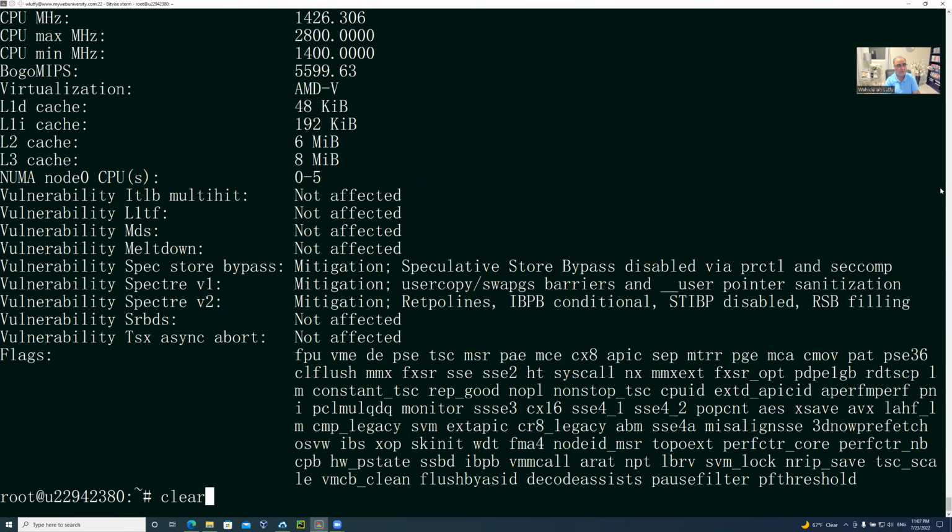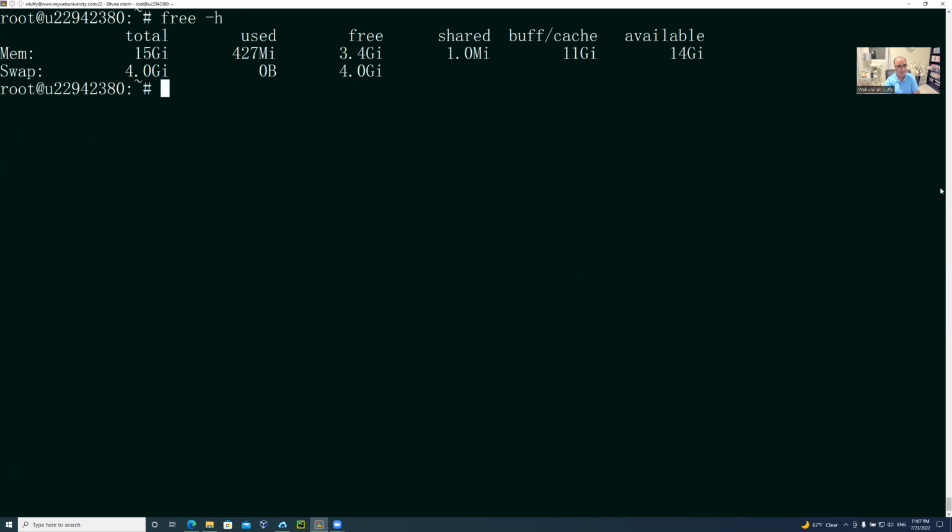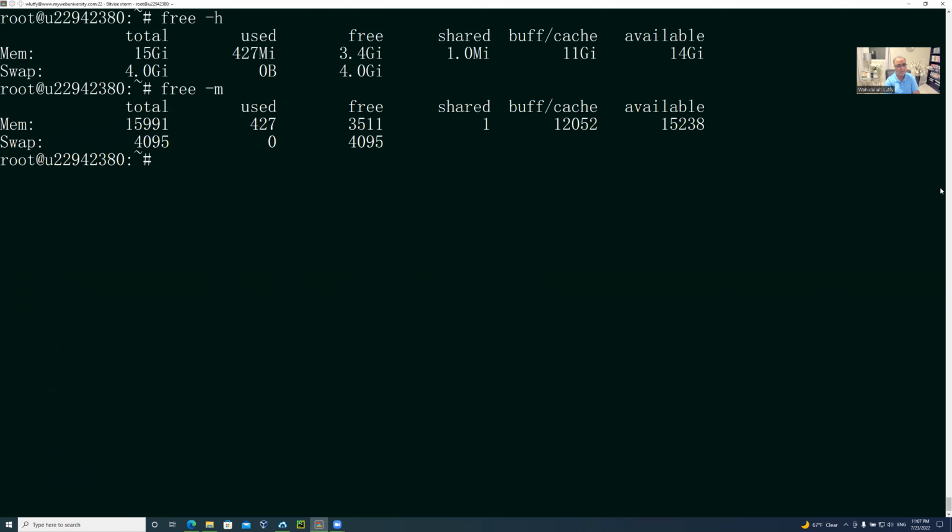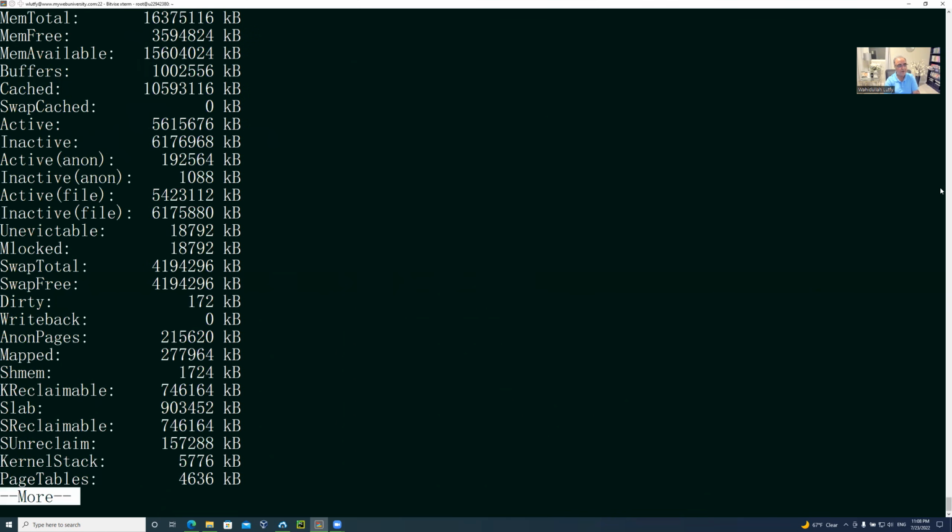And then similarly, you can run the free -h or free -m command. The -h gives you memory in human readable form, which is in gigabytes if the size is there, and -m is in regular megabytes. But there's also cat /proc/meminfo for memory information. You can read all the details of how much total memory your system has, how much is available, how much is free, and everything. And similarly, you can also do it for